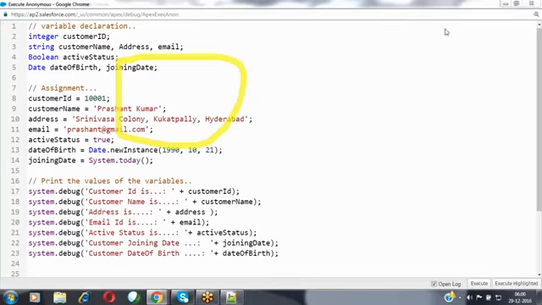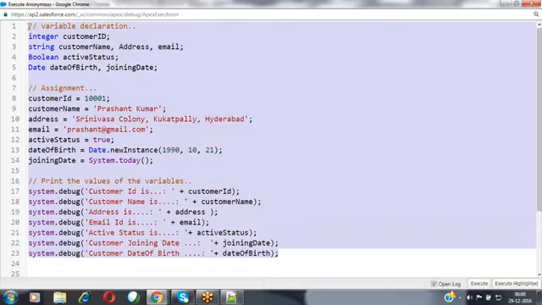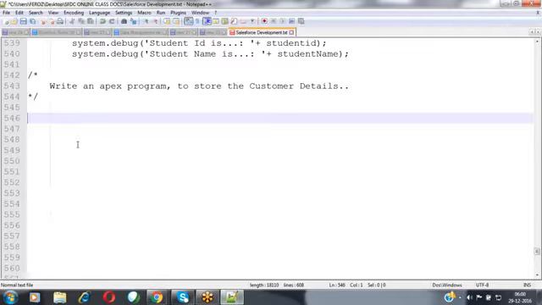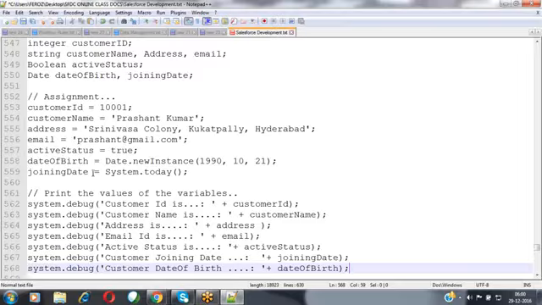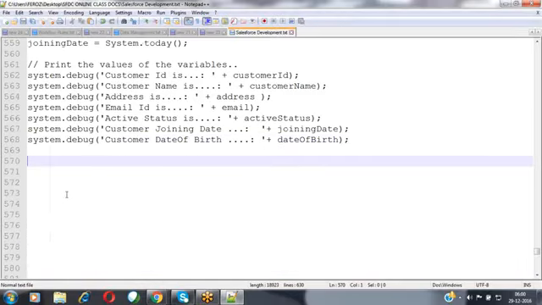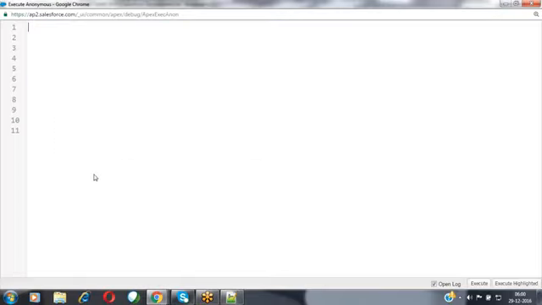Now let's see one more program. Write an Apex program to perform arithmetic operations, or mathematical operations.